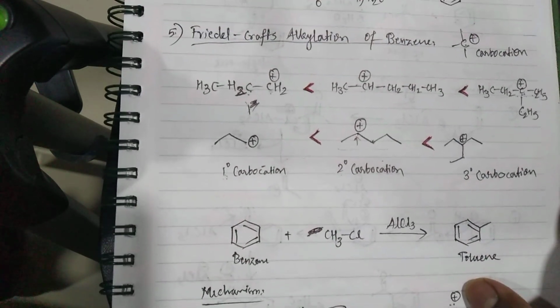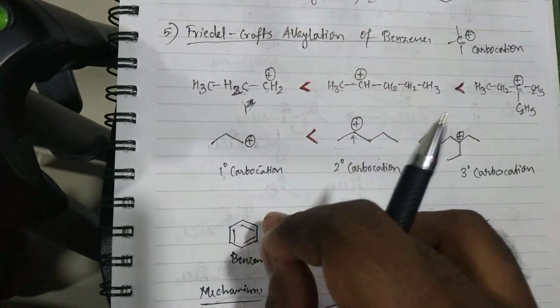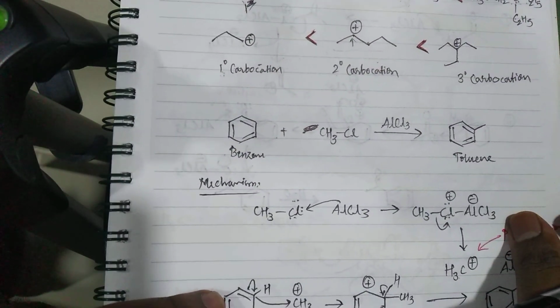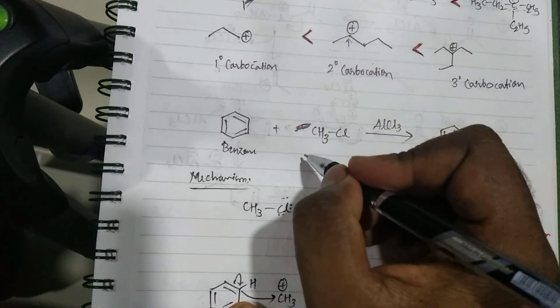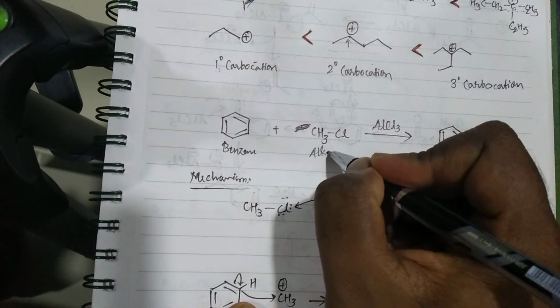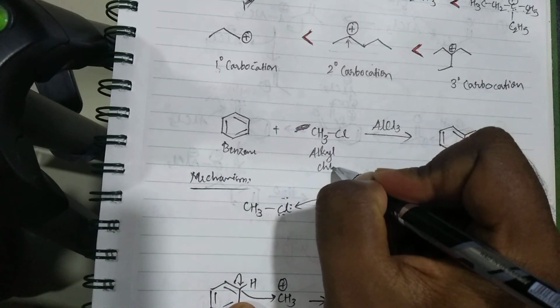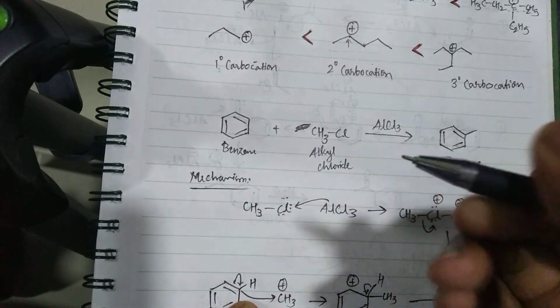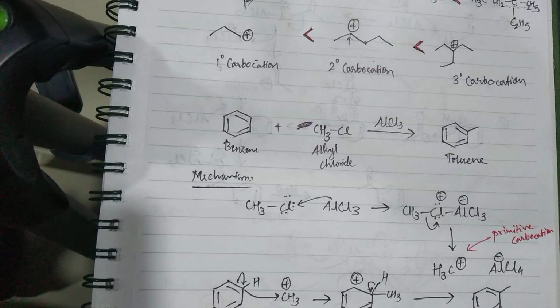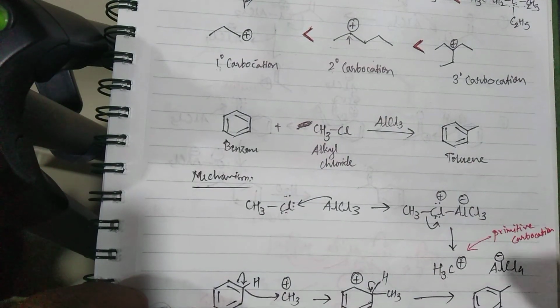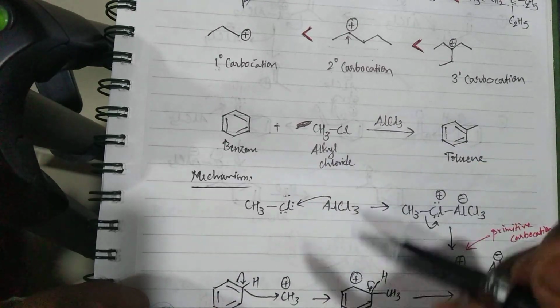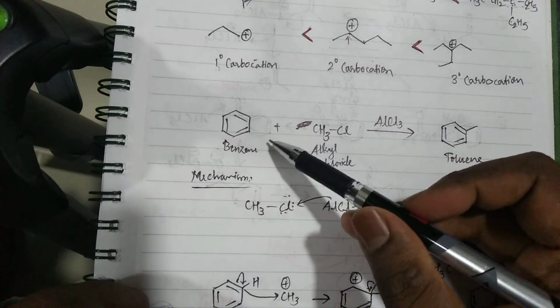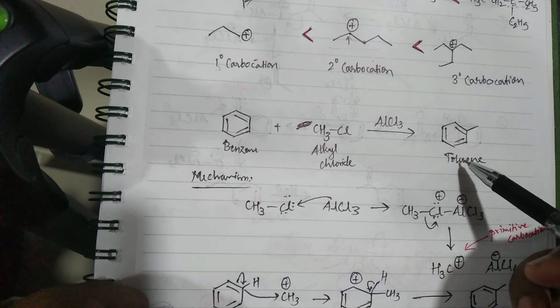Now let's get into Friedel-Crafts alkylation of benzene. Okay, so we'll get into this general reaction here. So you have benzene and an alkyl chloride. As I said, we are just going to use some common names for now until we learn some IUPAC naming systems, and then we will of course name each and every reagent after that. So benzene with alkyl chloride forms toluene.